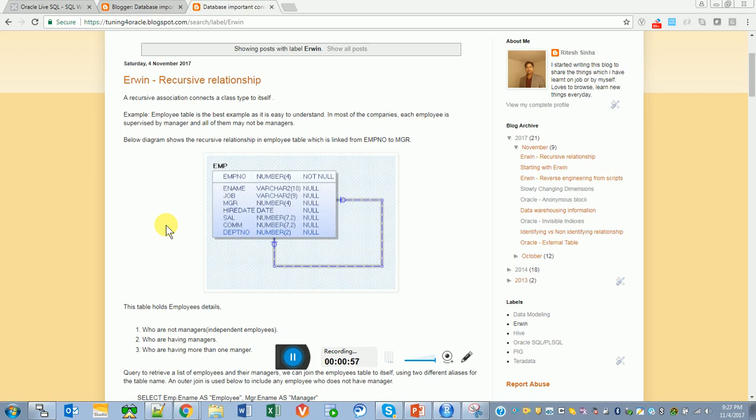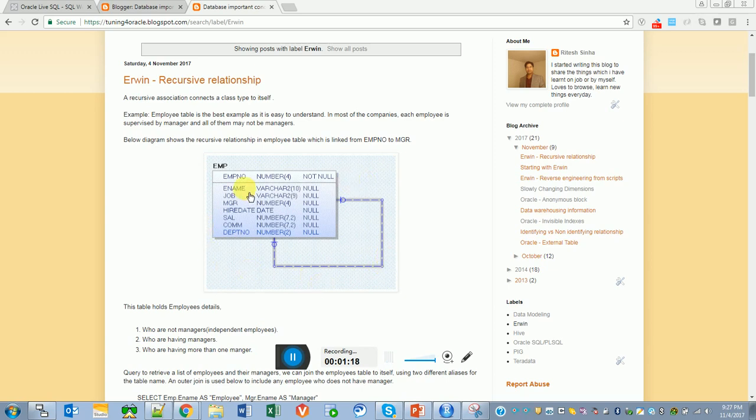But there is some hierarchy which exists in the form of manager or supervision between the employees. So if you see my screen right now, the employee table can be used to hold that